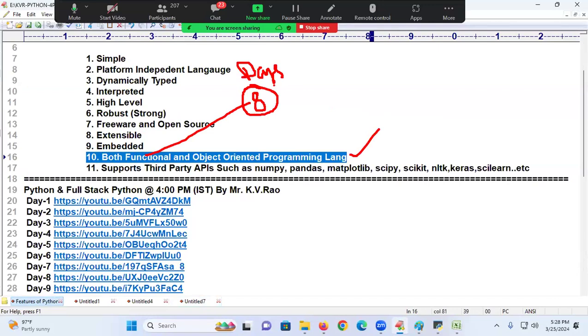To convince you, after 8 days, I will tell you what functional programming is and what its simple limitation is. Object-oriented programming I explain for almost 11 days. After both are completed, I will speak about in which cases I will go to functional programming of Python, and in which areas I will go to object-oriented programming using Python. When I go to artificial intelligence,